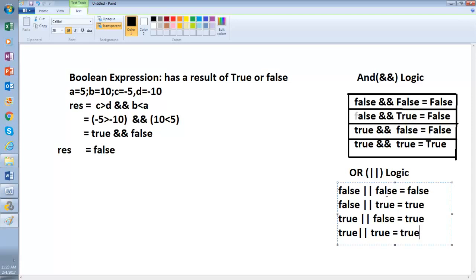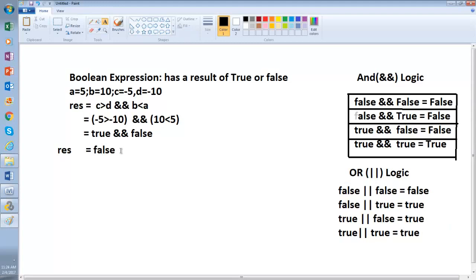So in that way, if you don't have money and you don't have property, then it is a problem. So if both of the conditions are false, then it is false in OR. Now, in your previous example, if you are healthy or if you have an umbrella, then you can go. If you're not healthy in the rain, you cannot go. But if you have an umbrella, you can go.